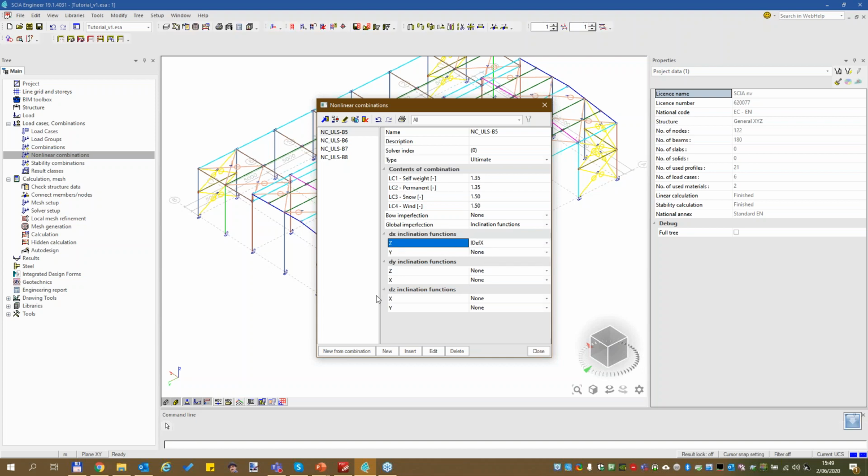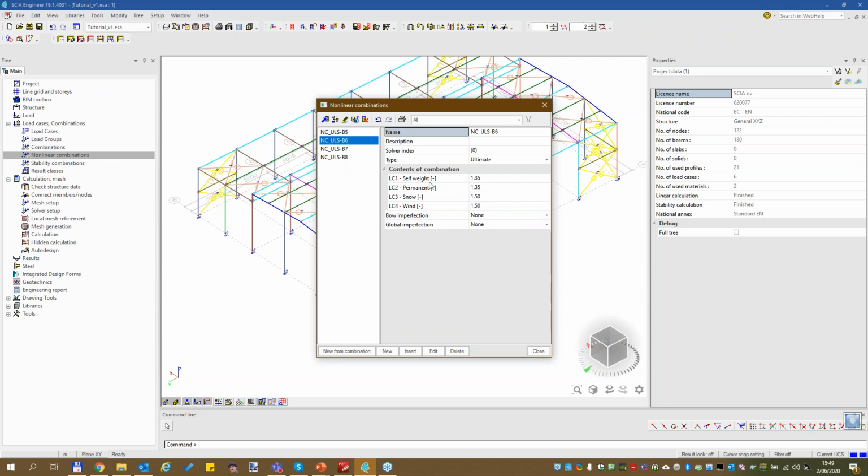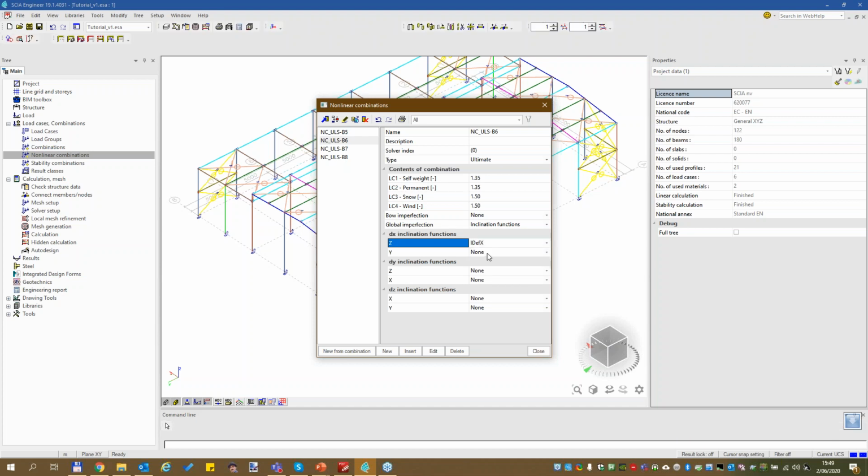In the z direction, it will follow, so in the height, it will apply that inclination for the x direction. So the sense is plus. I'll need to do the same, but with the minus sense. So for global imperfection, I'll do again inclination functions, and I will use I def x, but this time the sense is minus,